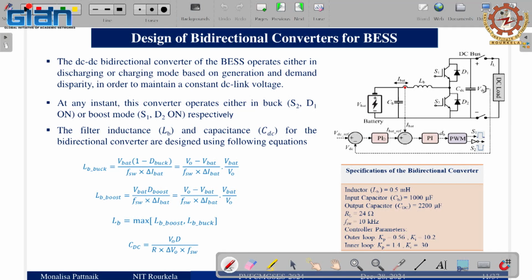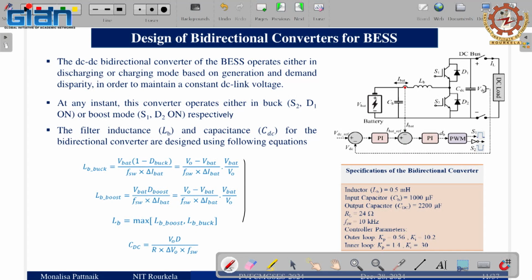Just I am showing you this is the design of the bidirectional converter, which I will explain in detail in my tomorrow's class, because here I will first talk about power management. I want to tell that the DC bus is regulated by this bidirectional converter. So first we will design this using a standard design procedure, calculating the LC parameters of this bidirectional converter. And first the sizing of the battery, which I already told yesterday: for what type of load, how much load, 300 watt, 500 watt, 1 kilowatt, 5 kilowatt, accordingly your size of the battery will depend.